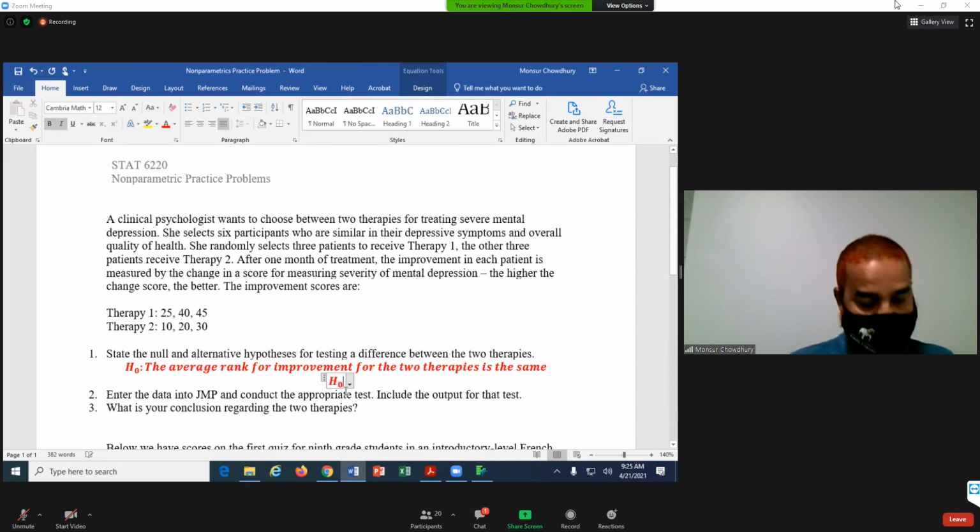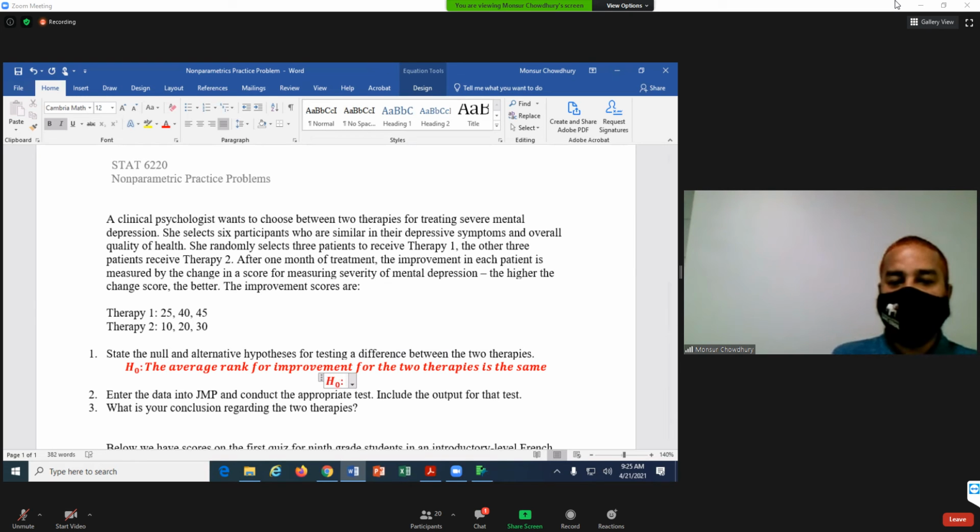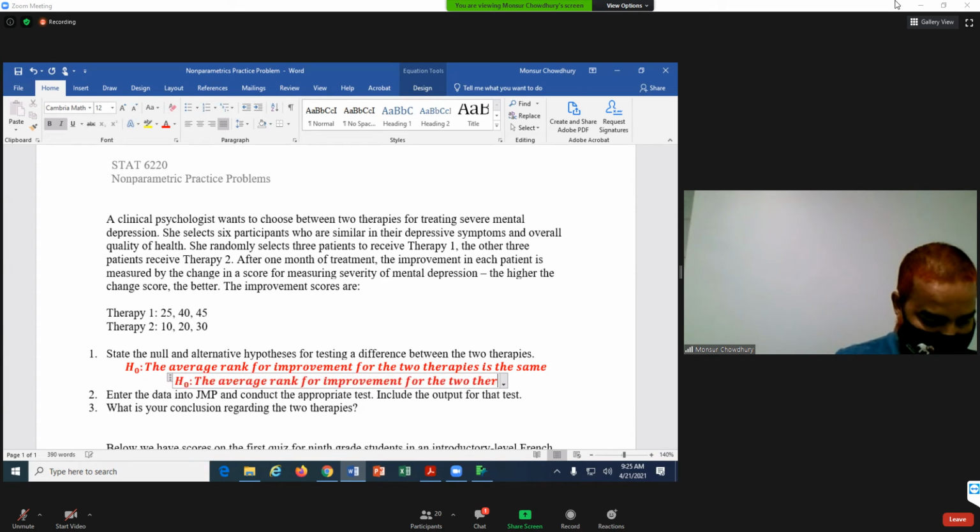Keep in mind, since we have independent samples, because the two therapies are independent of each other, we can say that the average rank for the two therapies differs.